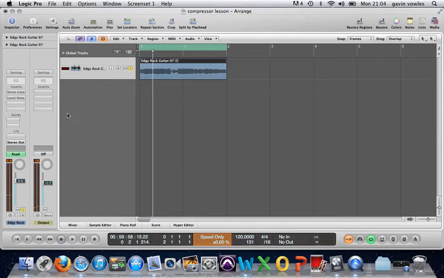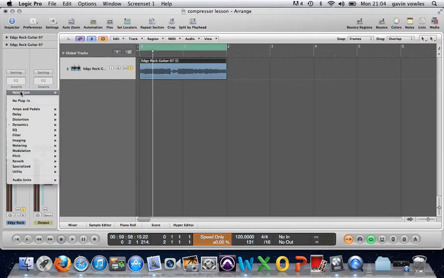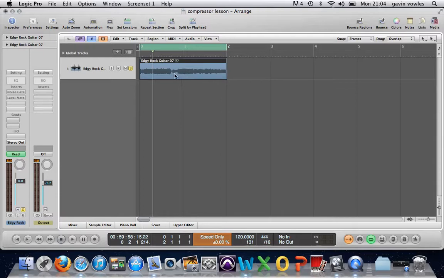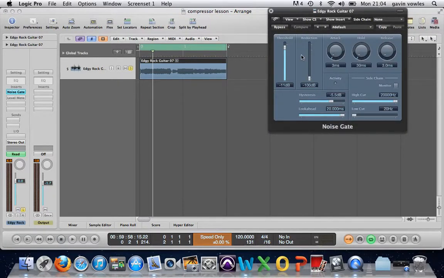now by putting a noise gate on, we can get rid of that unwanted noise. And by putting that on, I can just go through a few of the parameters which the noise gate has. It's got the basics up here again: the bypass and compare and side chaining that we saw last week on the compressor. It's also got a threshold, and another analogy here which I like is,